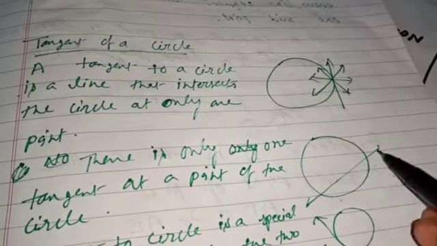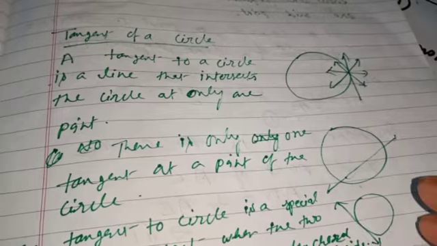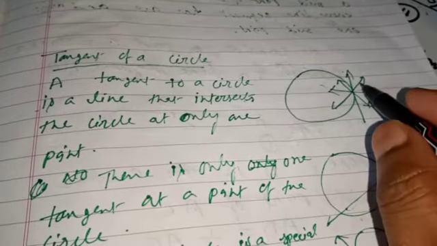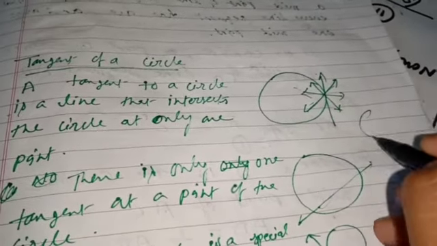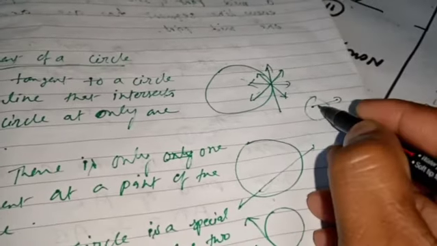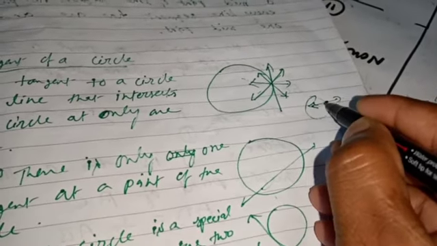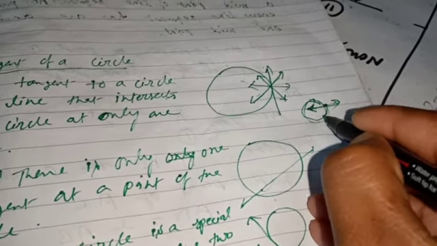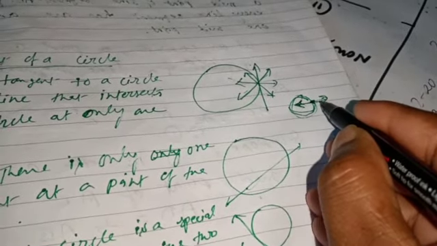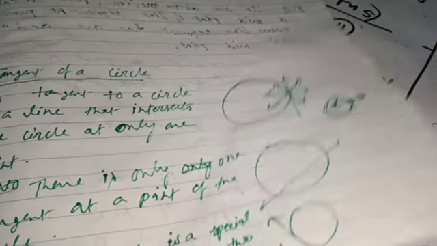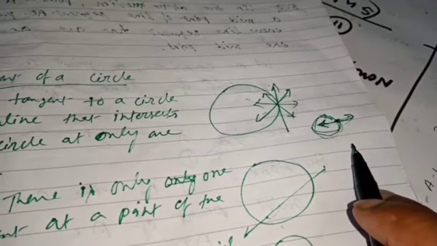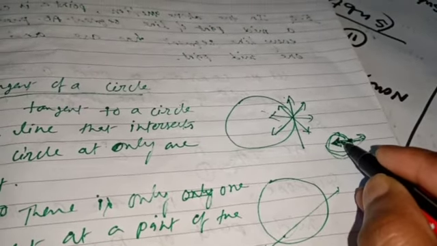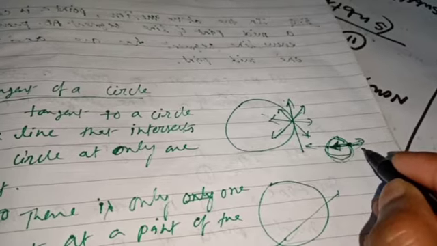See, this is a secant. Actually there is a concept of a secant. Now first I want to explain this one. If you draw lines like that, these are not tangents, don't forget. If you are drawing like that, this line passes through how many points? Try to understand, this is a circle, how many points? 1 point. But a line that intersects at only 1 point is called a tangent. It is not correct just like this. You have to see, this is a line, only 1 point of intersection, but if you extend this one it will intersect again, it becomes a secant, so it is not a tangent.